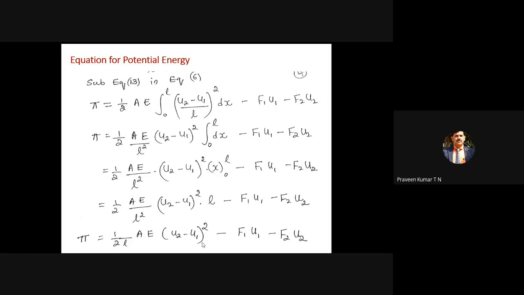Based on that, you are getting the value of kq is equal to f. When the variation of the energy is zero, the system is in equilibrium. When the system is in equilibrium, you will get the equation kq is equal to f.